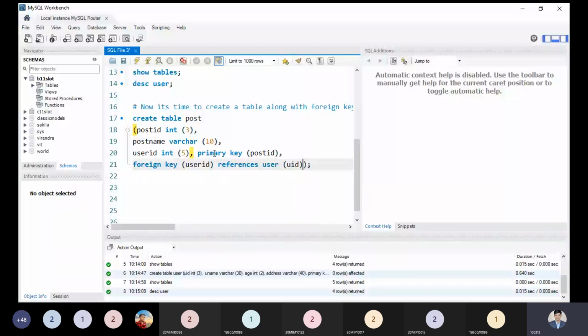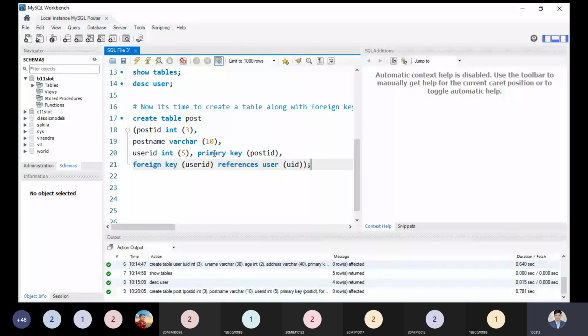So references is a keyword we have to use. User is the name of the table, and foreign key is also a keyword. In the foreign key we are using user ID, which is the name of the attribute belonging to the current table, but UID is the name of the attribute of the table from which we take the reference. That is the point. You can see there is no red cross symbol coming over here, so it means syntactically everything is correct. Now let us execute this syntax and see.